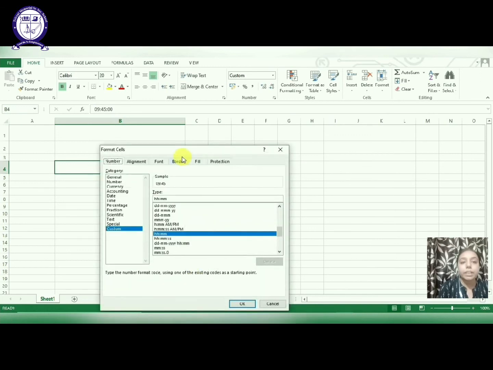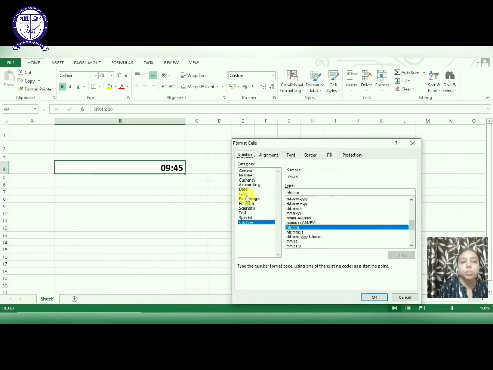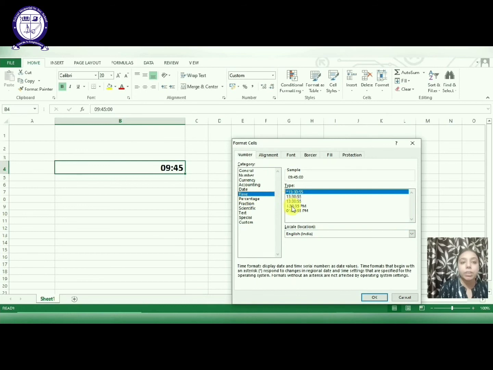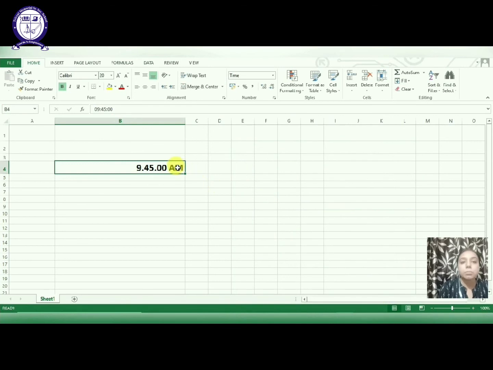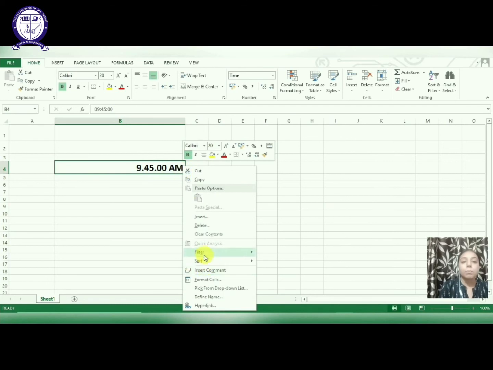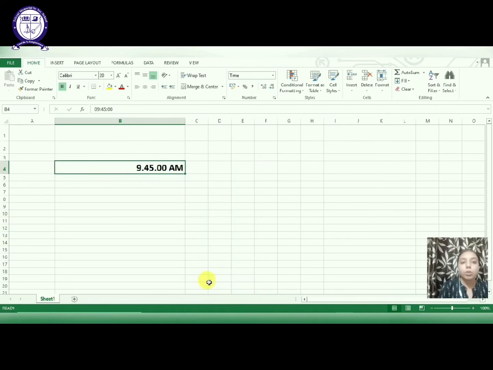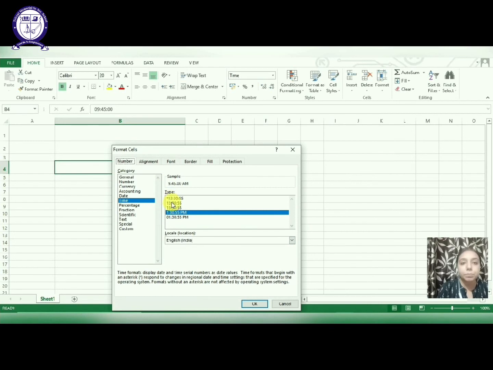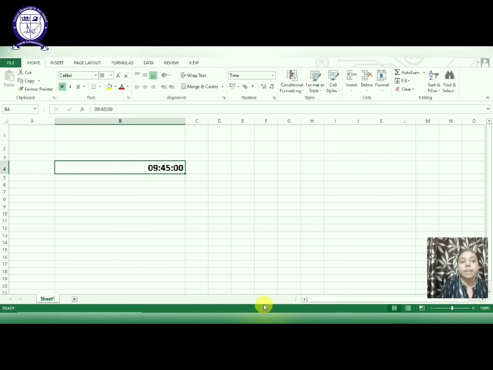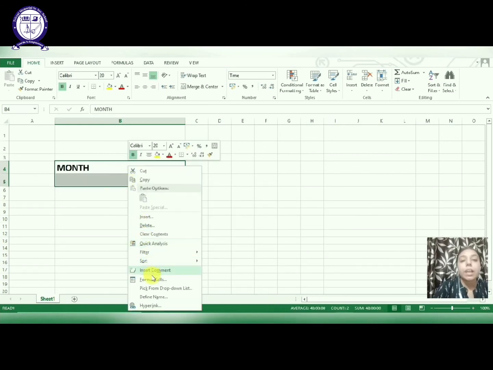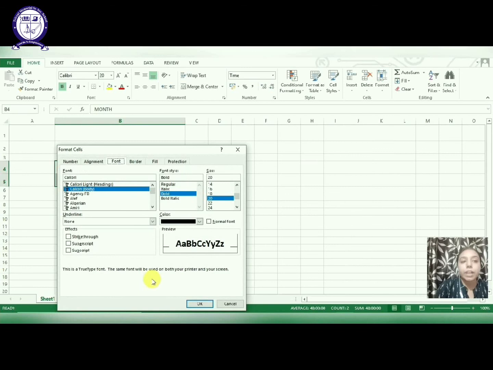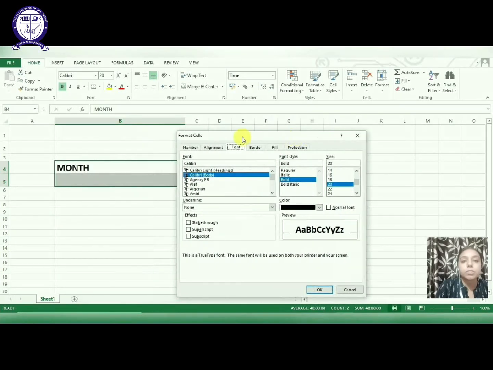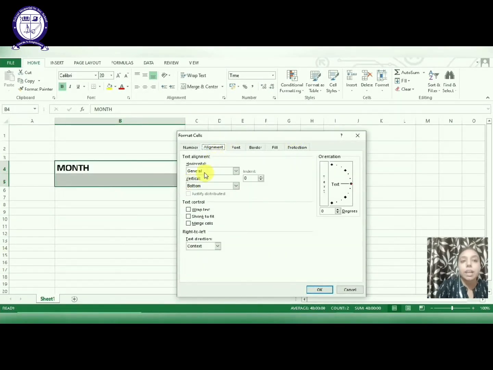So here we can make some more changes by clicking on the time. We have the other options also, taking the AM or the PM or the hours, minutes or seconds. This way the date can be shown to the students or to any other person for whom the sheet is being maintained. And now we are taking the time as this one, that is hours, minutes and seconds, without the AM or PM. Next we'll discuss the fill handle. The first we have is alignment.